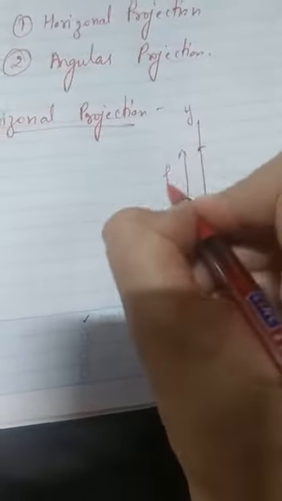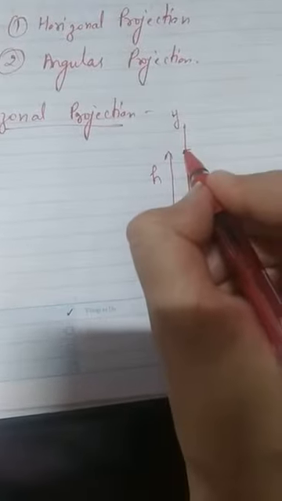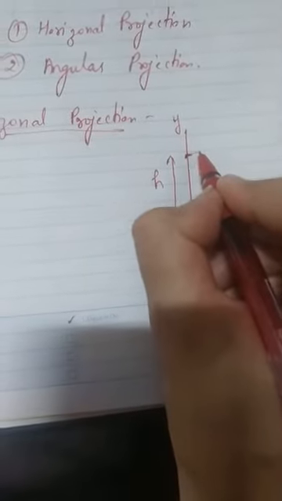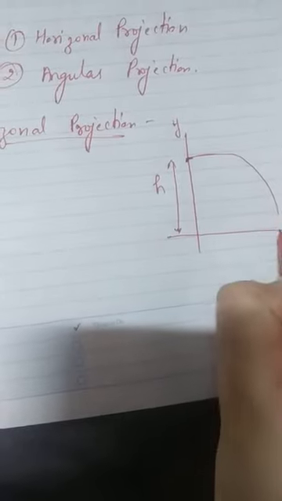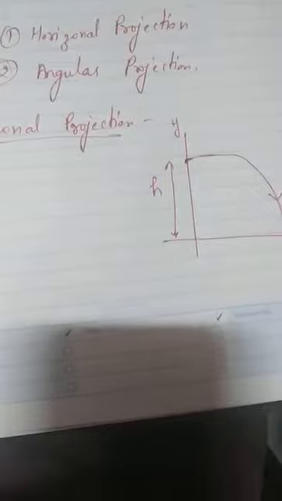Horizontal projectile motion, horizontal projection is that projection in which we are throwing any object horizontally with some height, like this one. From here there is a x component, there is a y component. Now from h height, let this height we are taking h. From h height we are throwing any object like this one. Then initially it will go in horizontal, then after some time it will come on the ground like this.